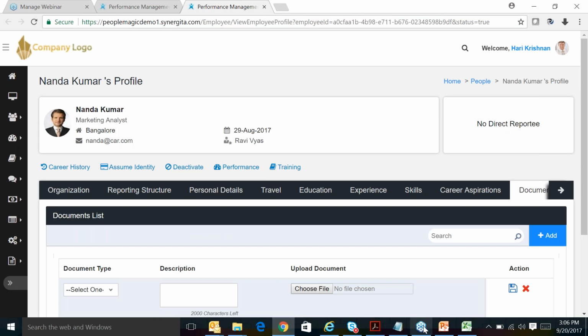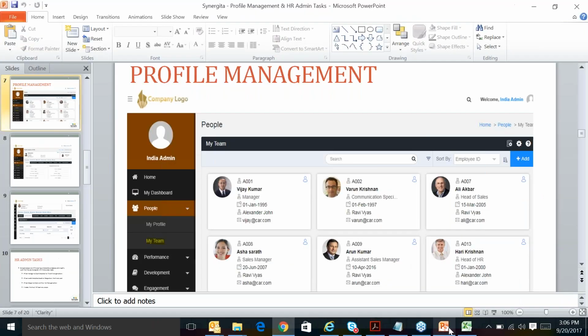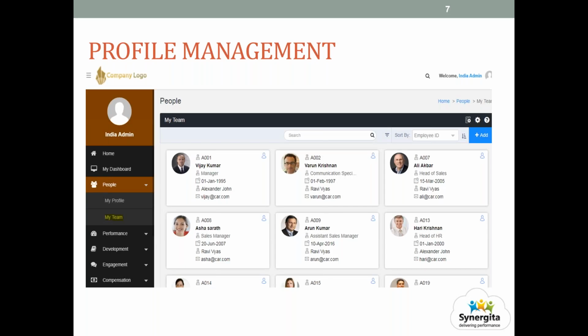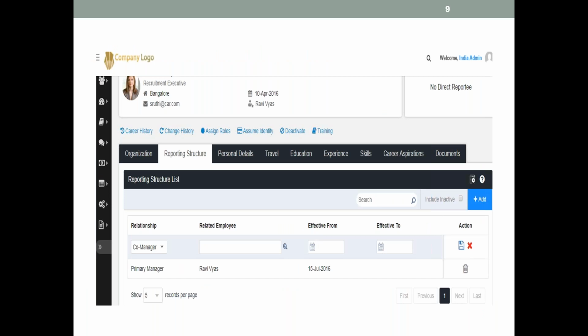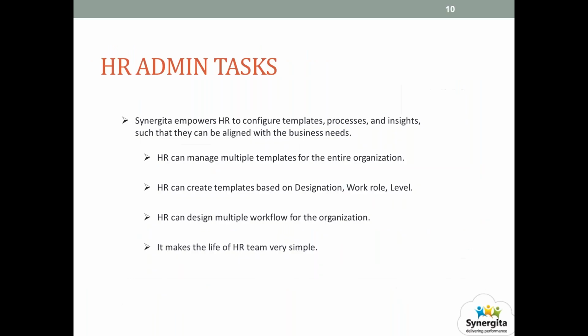So let's go to the presentation, just a moment. As shown in the tool, you can see the screenshots. And also I would like to go to the